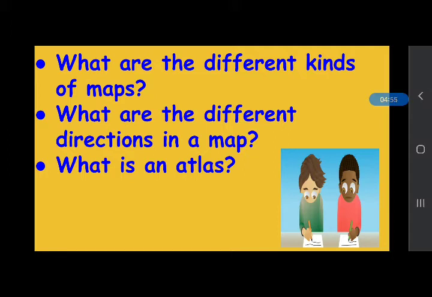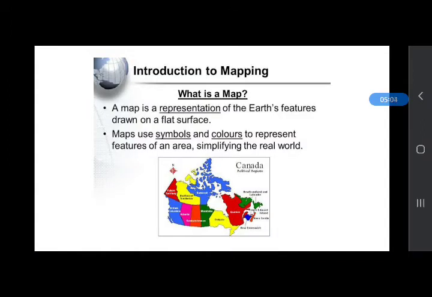So, a map is a special drawing that shows details of any place or location on Earth. And a map is not like a photograph. A map is a special drawing on a flat surface. It is not like a globe. And maps have special symbols that make it easier to find a place. It is not like a photograph. It has special symbols.